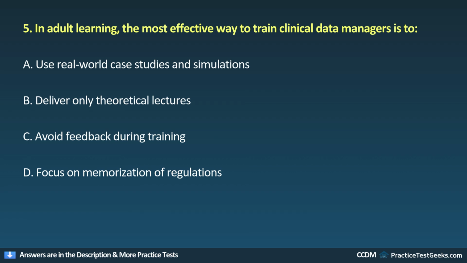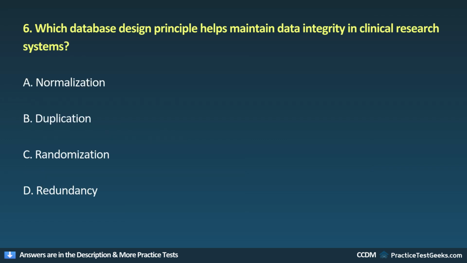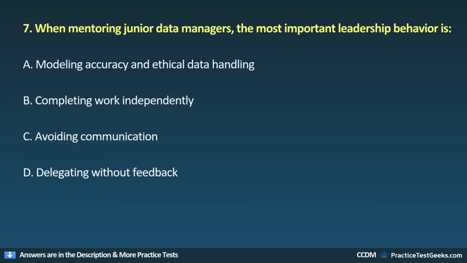B. Deliver only theoretical lectures. C. Avoid feedback during training. D. Focus on memorization of regulations. 6. Which database design principle helps maintain data integrity in clinical research systems? A. Normalization. B. Duplication. C. Randomization. D. Redundancy. 7. When mentoring junior data managers, the most important leadership behavior is: